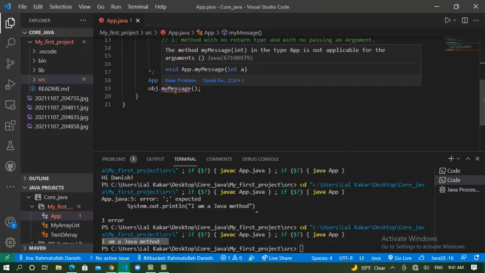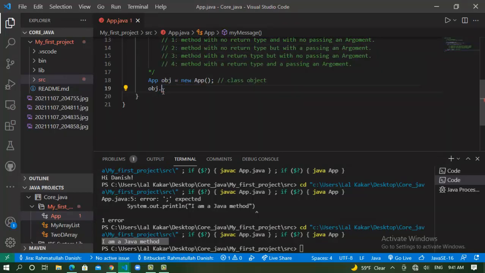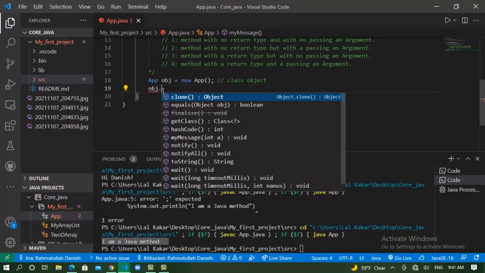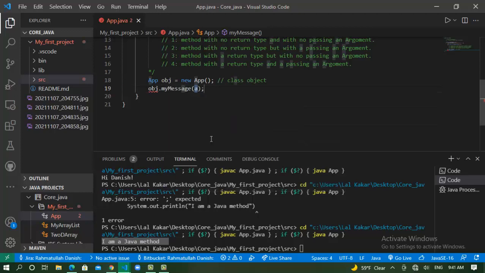That has an error because the method wants an argument. When I call this again, obj.myMessage, now we look at the message and a. This method has an argument. I pass the argument 50.